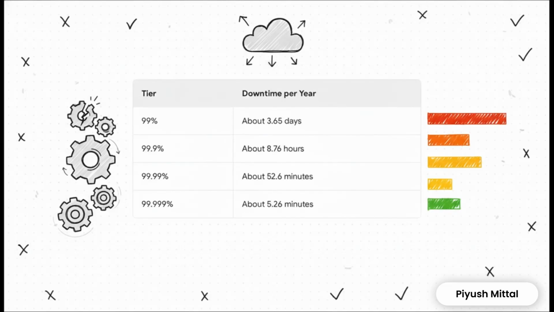Now, this is where you'll often hear tech teams talk about the nines. It's how they measure availability. And it can be kind of shocking. 99% sounds pretty good, right? But look at the chart. That's still over 3.5 days of downtime a year. But watch what happens when you add just one more nine. 99.9%, or 3 nines, suddenly drops that downtime to less than 9 hours a year. That little decimal point makes a world of difference.